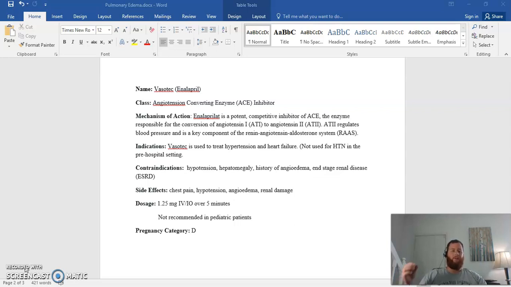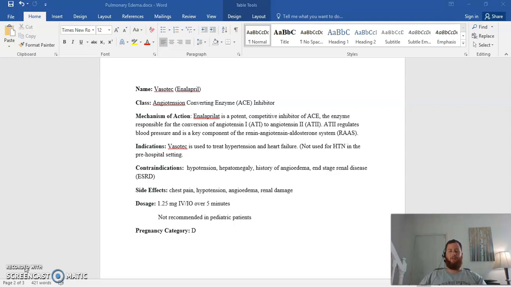Sure. Right? So the thought here is that in addition to opening up the arteries and the veins, specifically the veins, so we're looking at preload reducers, with nitroglycerin and reducing the workload of the heart, in addition to limiting the blood that's coming back to the heart, if we make the body not retain as much fluid and give a medicine that in addition also helps to open up some of the arterioles, then we're going to help the problem as well. So again, we're treating the cardiogenic issue, not necessarily the respiratory issue,